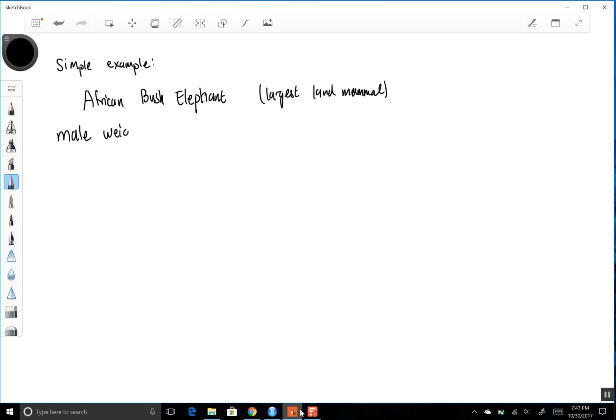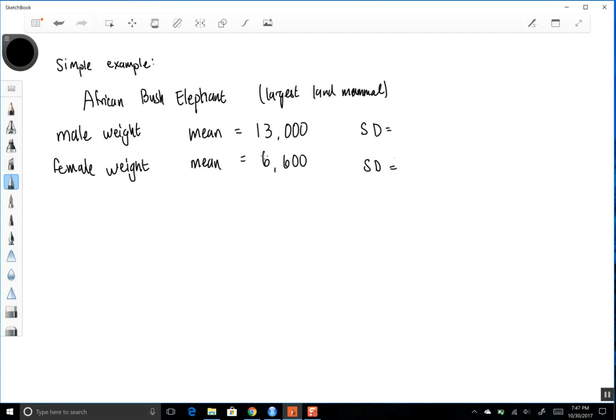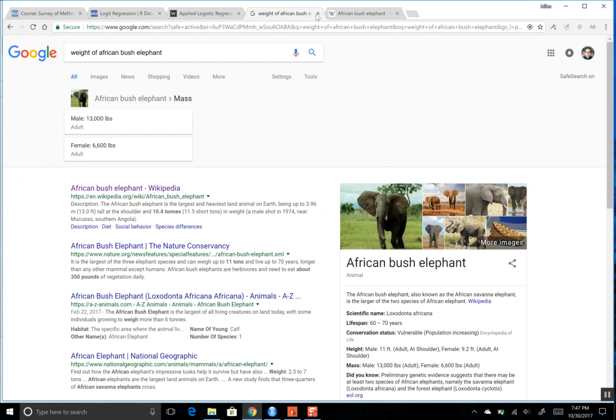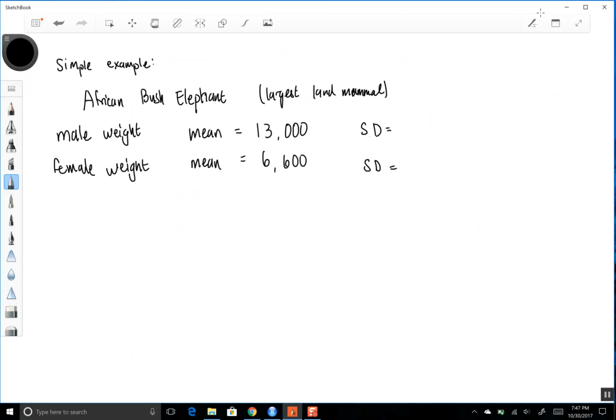The male weight has a mean of, what did it say, 13,000 pounds? My goodness, that's a lot. And the female weight, the mean is 6,600 pounds. Okay, now I have to make up. I didn't expect the difference to be so huge between male and female elephants, but I will just go with what Google has to say. So we'll just say this is their mean, 13,000, and